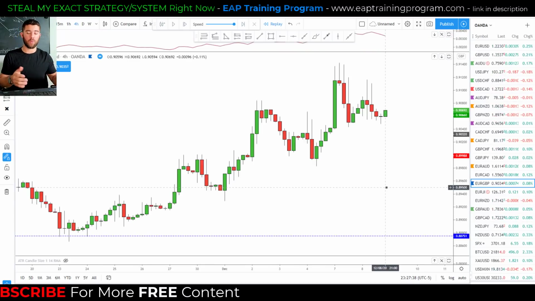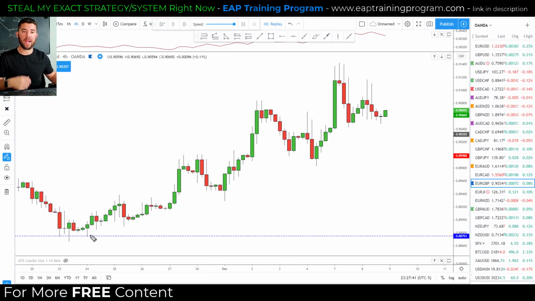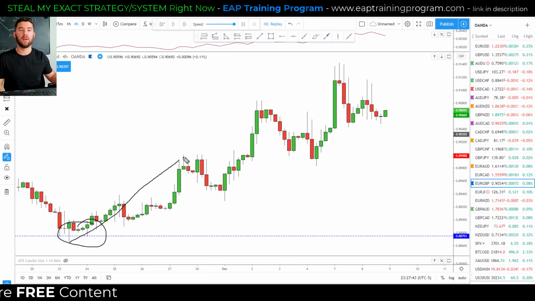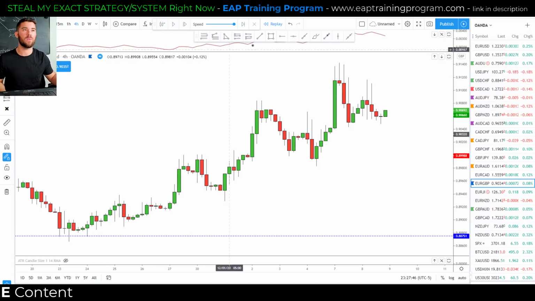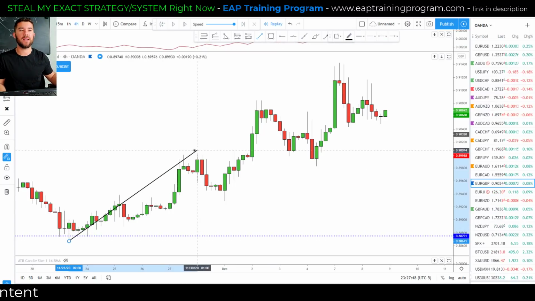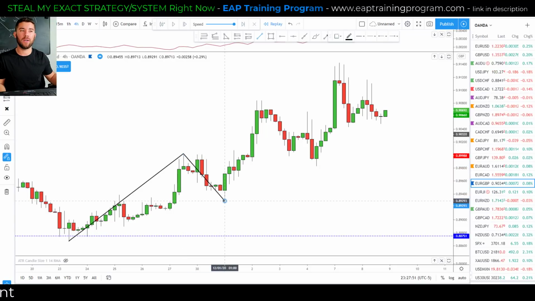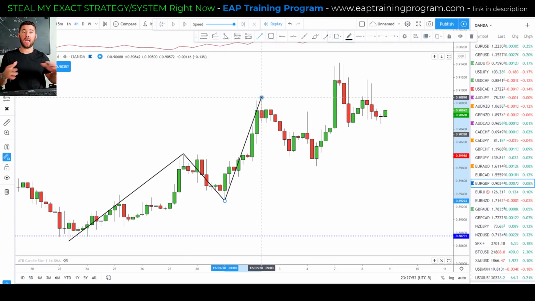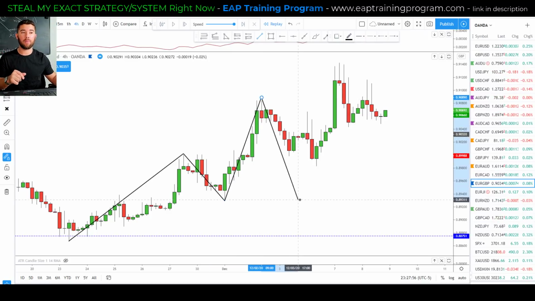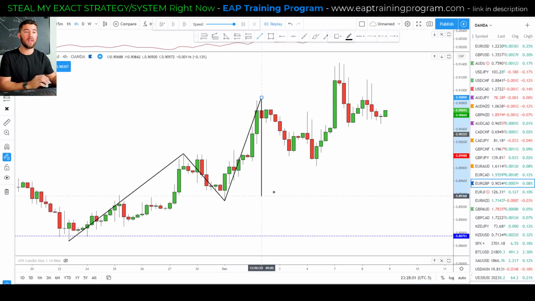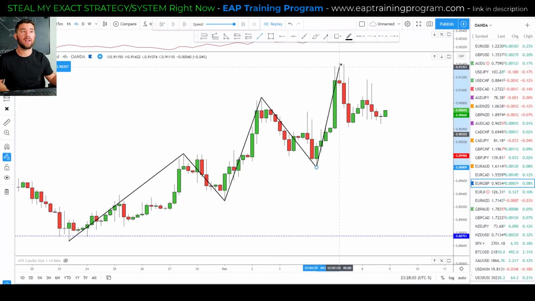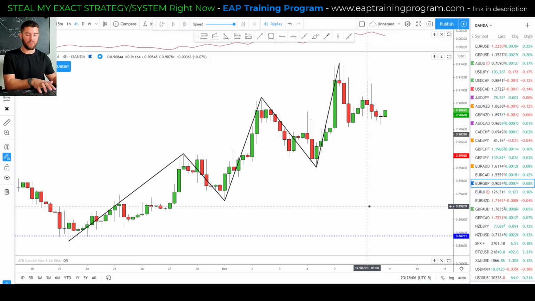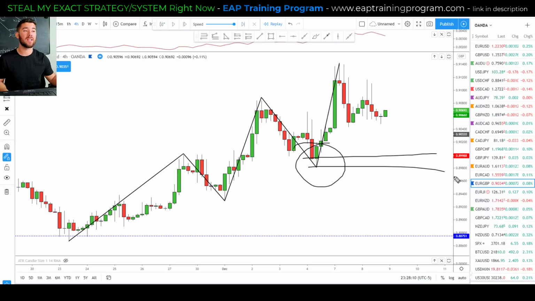So here on the Euro Pound, we have a really good example of this trade. What we have is the market starting an uptrend, pushing up from low to high. I'll actually draw this out with a trend line tool to make it easier for you guys. Low to high, higher low, higher high. At this point, do we have what we're looking for? Well, not until we get a pullback to our previous level of structure support, right? So we get a higher low again and another higher high. Now, what would we be looking for? Now we're looking for this market to head down to its previous level of structure support before the break and